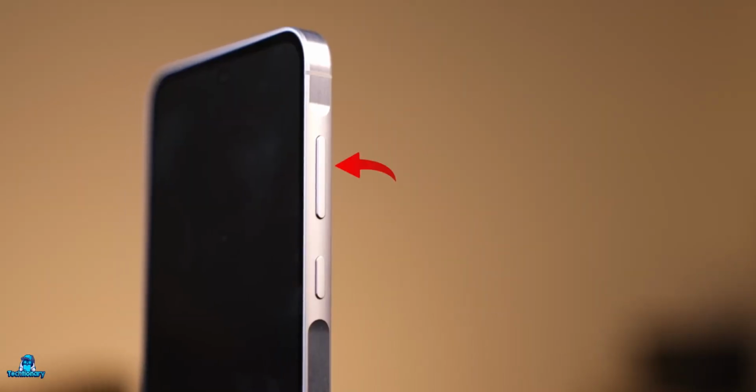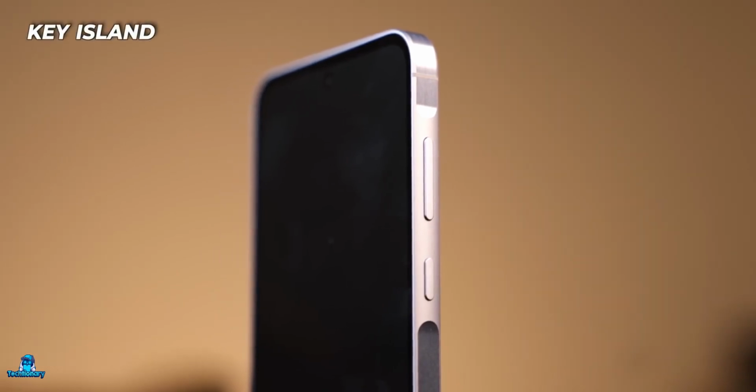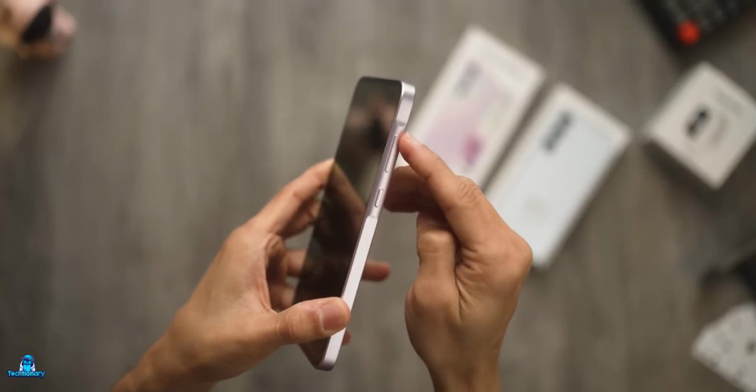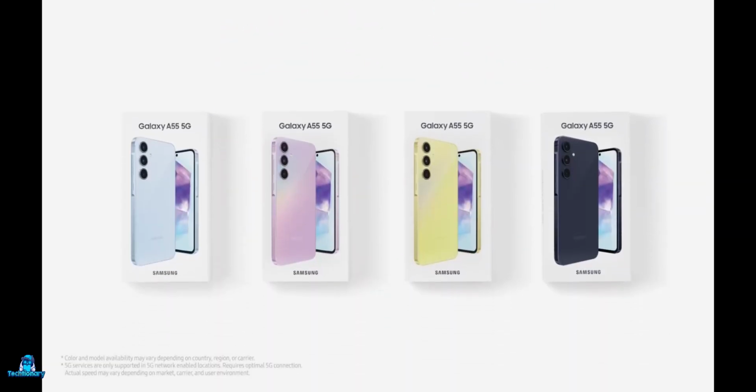What you'd see on the right side of both these models is what Samsung calls a key island. While the frame is flat, the area around the keys is raised and rounded. Available in the latest color trends: navy, lilac and ice blue for the A35, while ice blue, lilac, navy, lemon